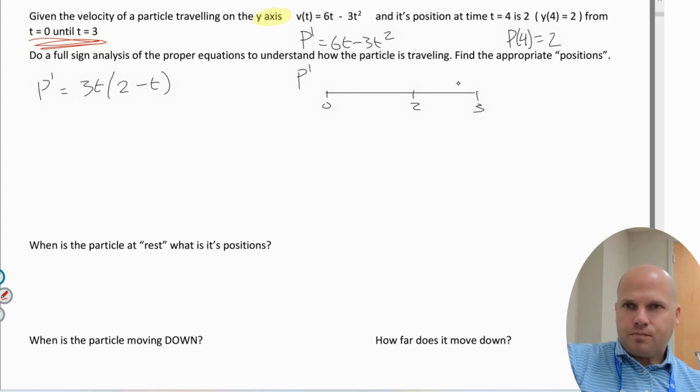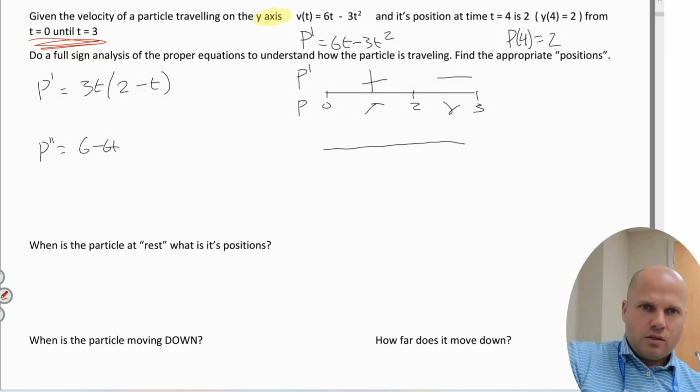If I plug in 3, I'd get a negative. If I plug in 1, I get a positive. My position is increasing, then decreasing. Great. My second derivative analysis is 6 minus 6t, which is 1. I'm giving you these because they're easy. My second derivative analysis, which is the acceleration,